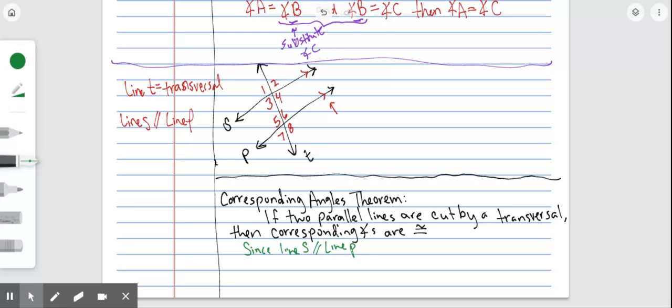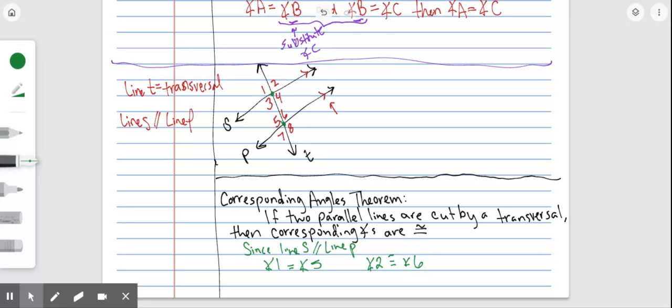So I know that angle 1 is going to be equal to angle 5, because angle 1 and angle 5 are corresponding angles. They're both in the top left corner of their intersection. Okay. I also know that angle 2 is congruent to angle 6,